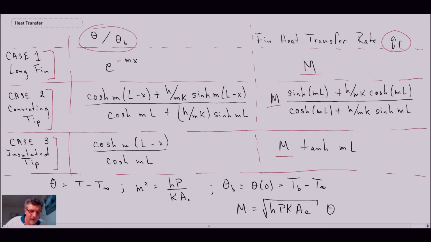So that is the fin equation and solutions to 3 different cases. And like I said, in the next segment, we'll be plugging some numbers into these and taking a look at what the temperature